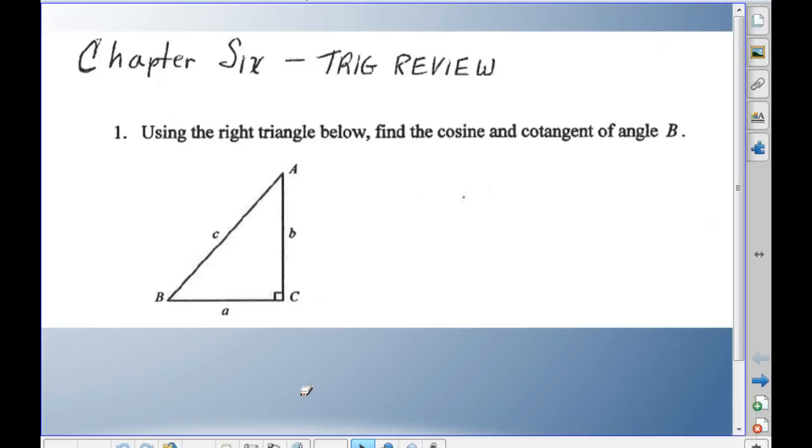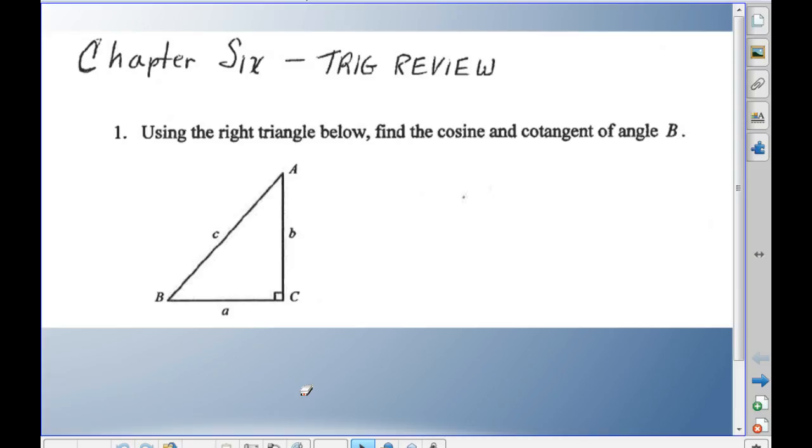The quiz tomorrow looks exactly like this review with different numbers. I'll be brutally honest, okay? It is this long. So if you know the definitions, it goes very quickly. But if you have to look up what sine means before you do every single problem, you're gonna have trouble